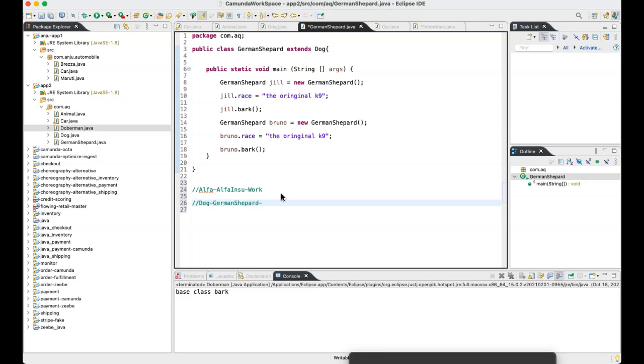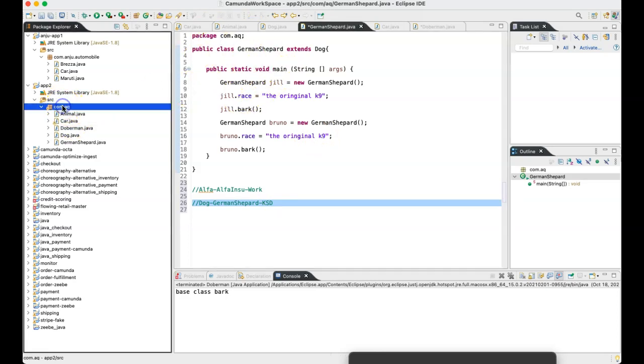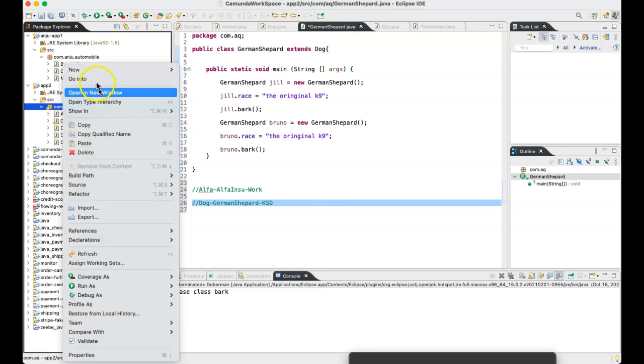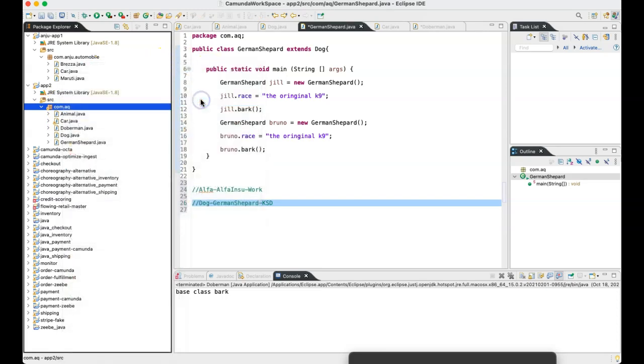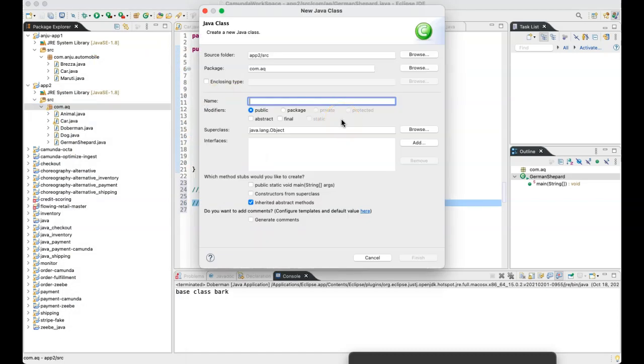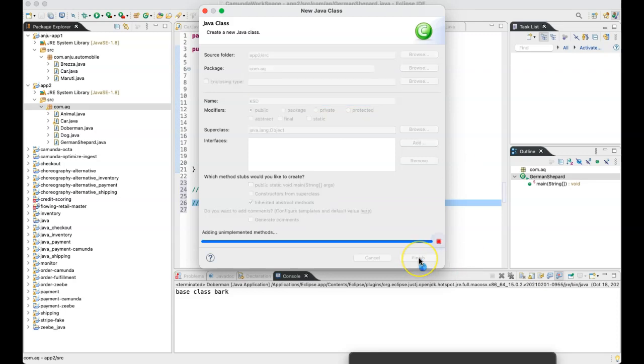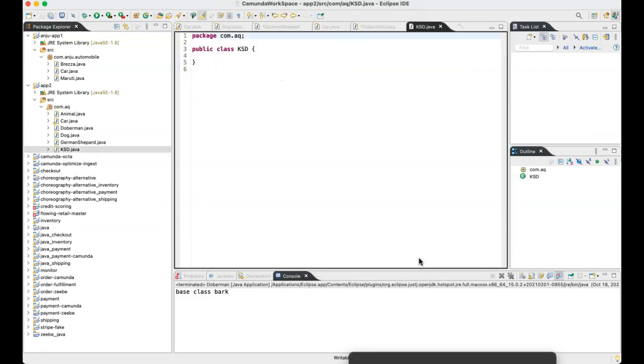And on top of it, if I create one more, I call it K9 KST. KST are like some specific German shepherds which are used only for battle purpose or for military purpose. They are specific German shepherds. They're not like normal German shepherds. For example, if I have to create another class, see, this is really interesting, right? I call it KST. It's again a specific German shepherd only meant for war purposes. It's one specific dog meant for war purposes.